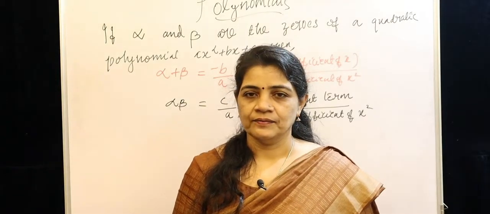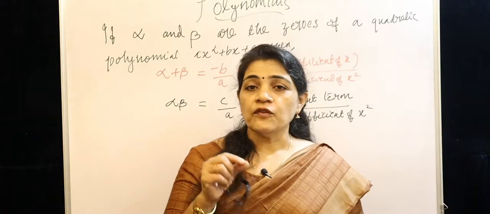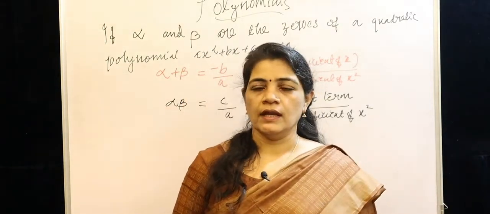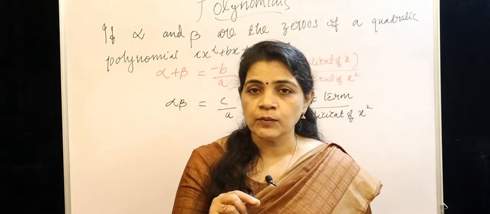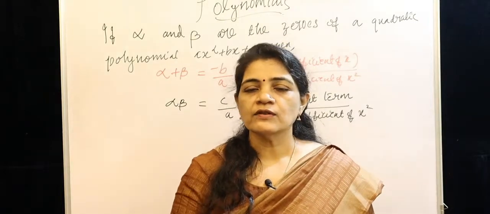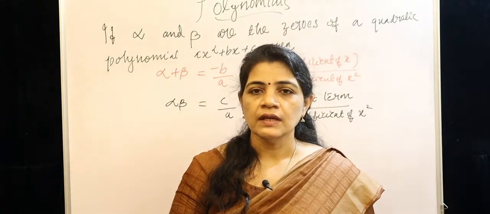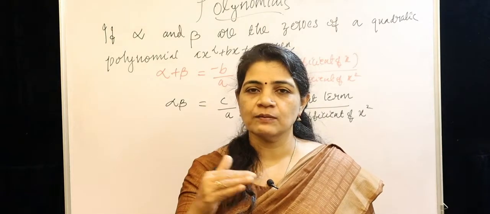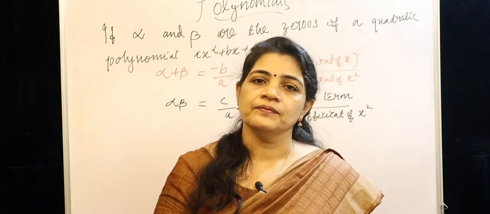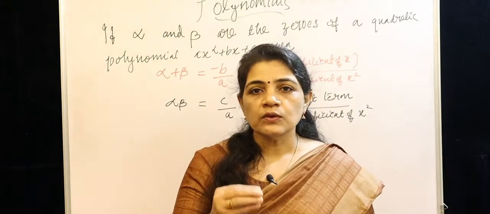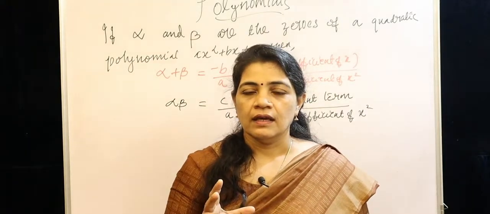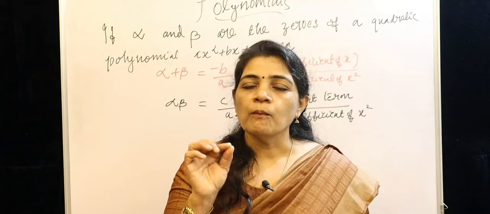Let us start, children. If alpha and beta are the two zeros of a quadratic polynomial, why two? Because a quadratic polynomial will have a maximum of two zeros, since its degree is 2. So let them be alpha and beta. Then x minus alpha and x minus beta are the factors of p of x, that is ax square plus bx plus c. Understood? So the sum of the zeros, alpha plus beta, is always equal to minus b